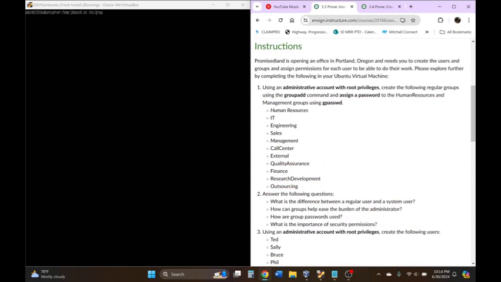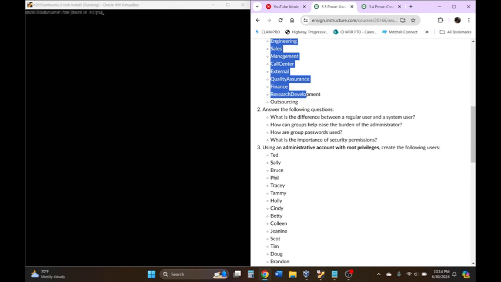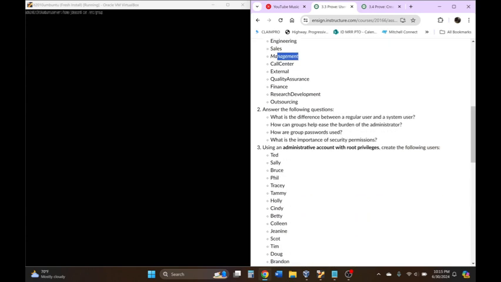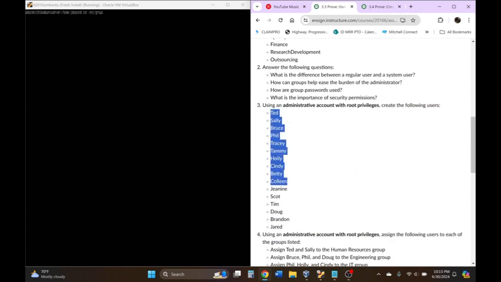So the instructions were to set up groups for human resources through outsourcing, set passwords for the human resources and management groups, which we did, and then set up all these users. So basically, to show what groups and users we have set up, I got the command for cat